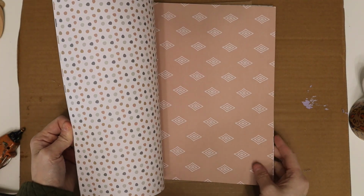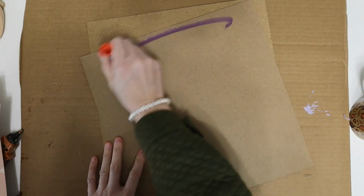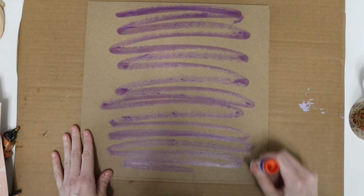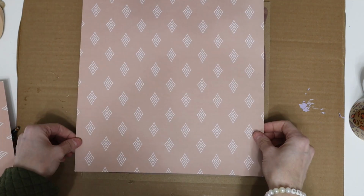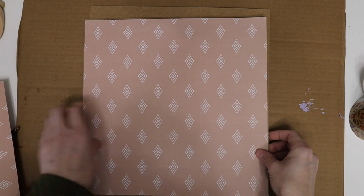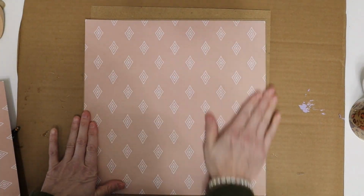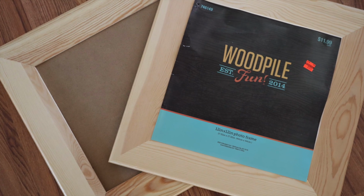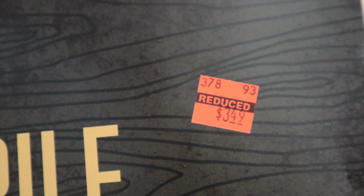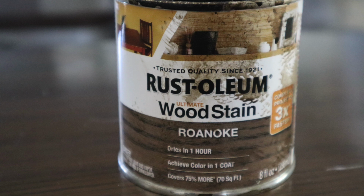This is from Amazon, and I don't normally buy scrapbook paper from Amazon because it tends to be a little more expensive than anywhere else, but I think it ended up being about 25 cents a sheet, so it's really not that bad. But I don't really live by anywhere where I can just go grab scrapbook paper whenever I feel like it, so sometimes Amazon works. This frame makeover, I'm using these Hobby Lobby frames for only $3.49 on clearance, and this